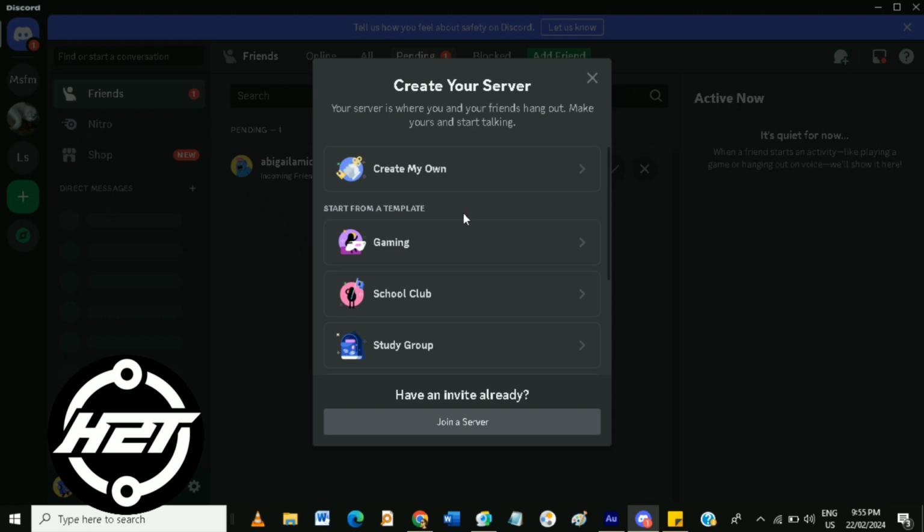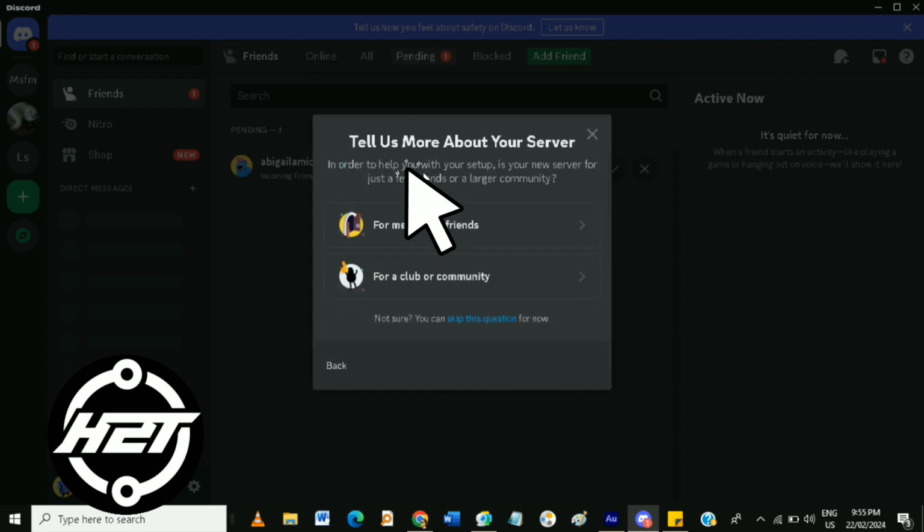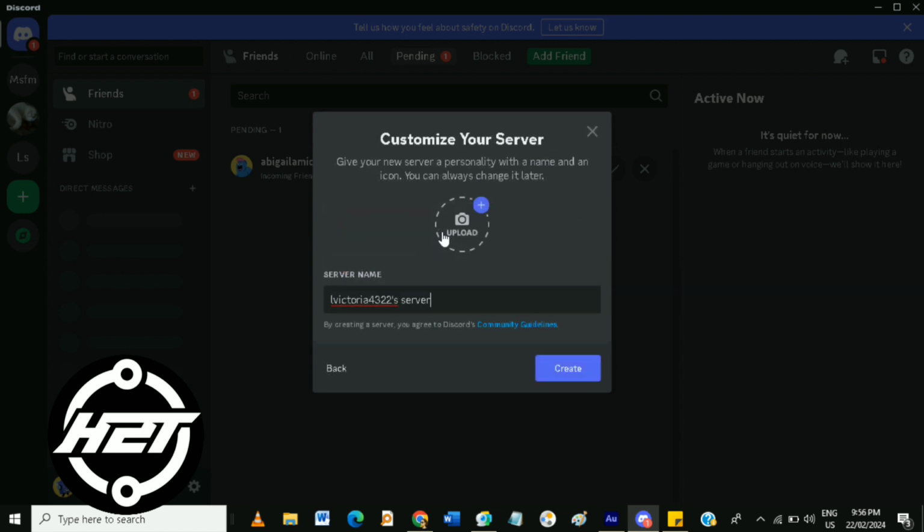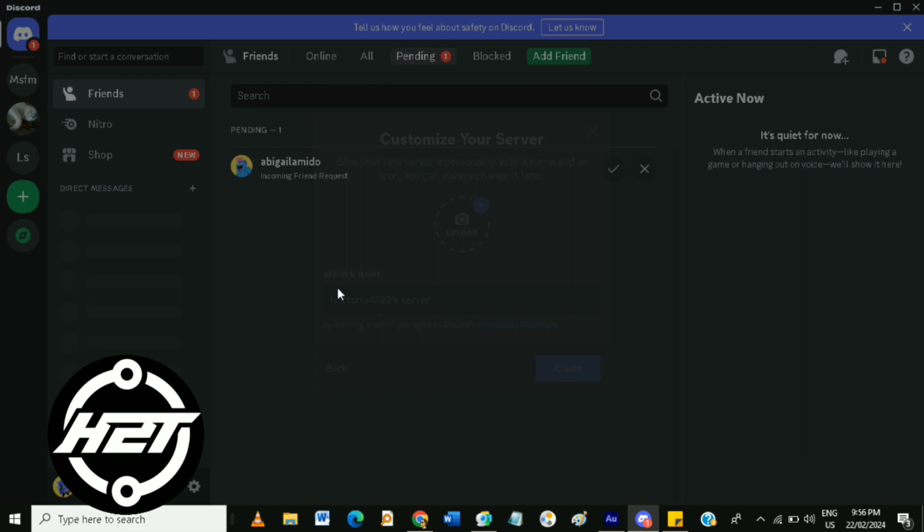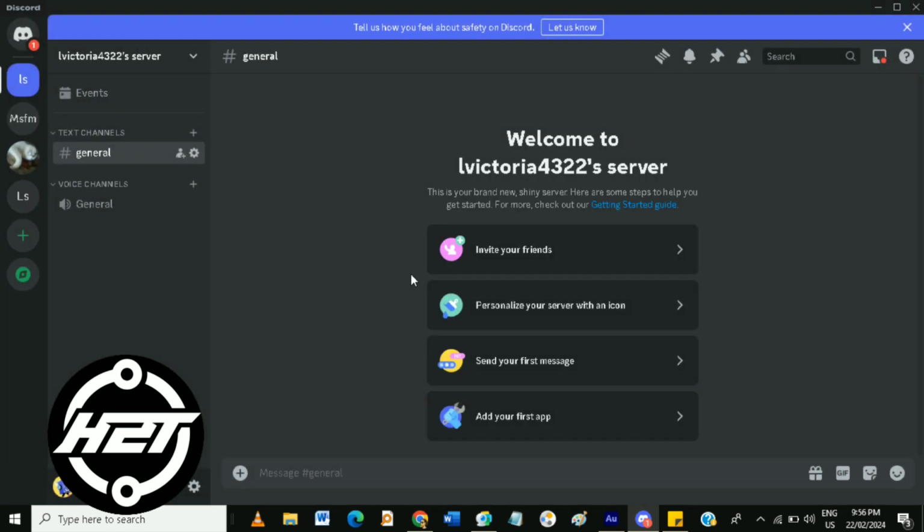Now, in here, just click create my own and choose if it is for me and my friends or for a club or community. Then upload your photo here and rename your server. To invite friends to your server, click invite your friends and Discord will provide a link